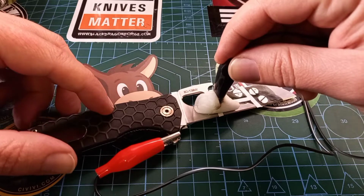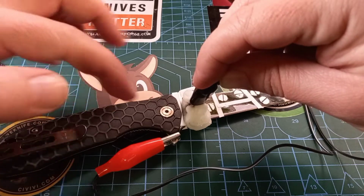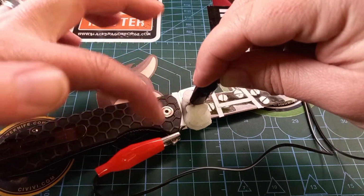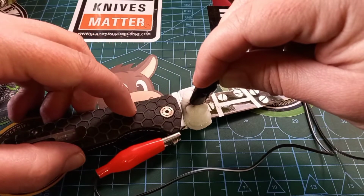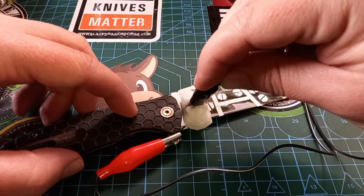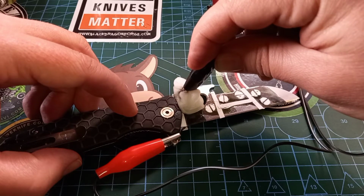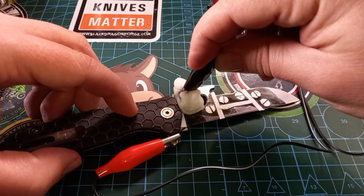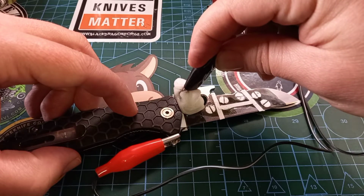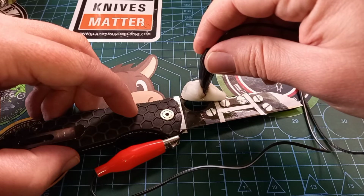If you can see right next to the, what do you call it, over here, when I'm busy now, I added a little piece of sticker in there also, because I was too lazy to take off the blade and do the whole thing. So I'm going to leave that and the flipper tab silver, and then hopefully that will match with my fake screws and fake, what do you call it,